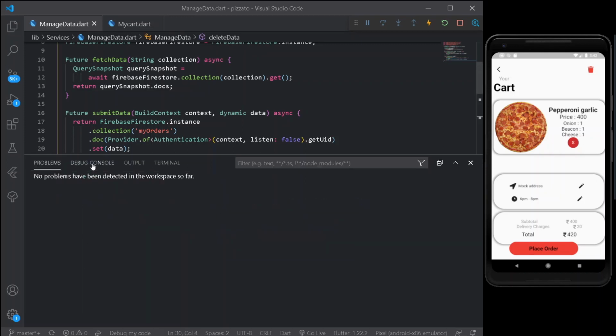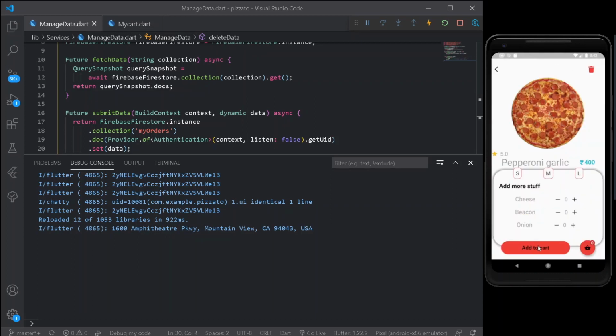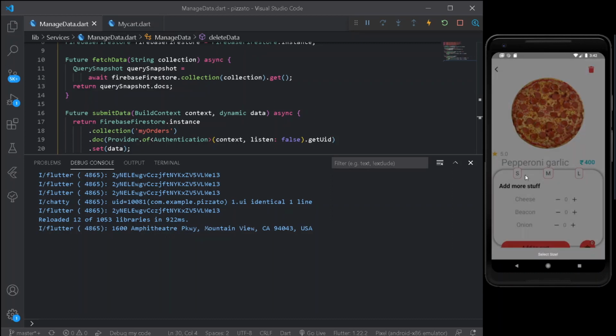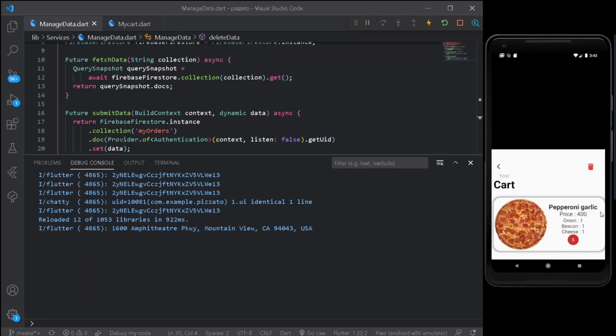So now let's move up, delete this from here. You may observe that we are now simply deleting our entire data. So in this way you can simply delete your entire cart data. Now let's fill up our entire cart data one more time. So I will simply select this one. Let's add to cart. Oops, let's select a new size one. Let's add this, this and this. Add to cart. Already the counter is increased.